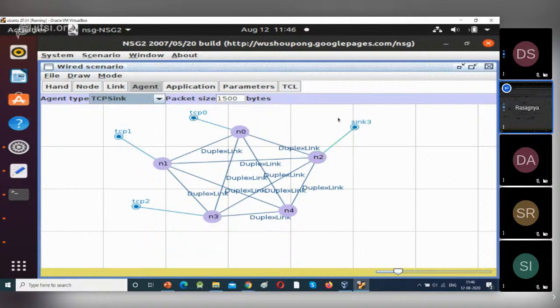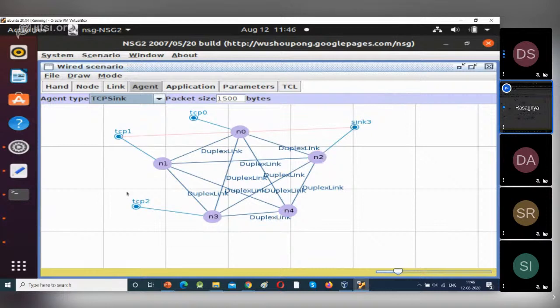For each and every TCP you have to connect all the TCPs. So if I gave one sync, and you connect this TCP and sync, some people will try to connect this TCP and this sync. So what will happen, we will see now. Just connect this TCP and this sync. It will connect to this sync and the before connection will be removed from here. So that's why you have to connect the other two syncs also here.